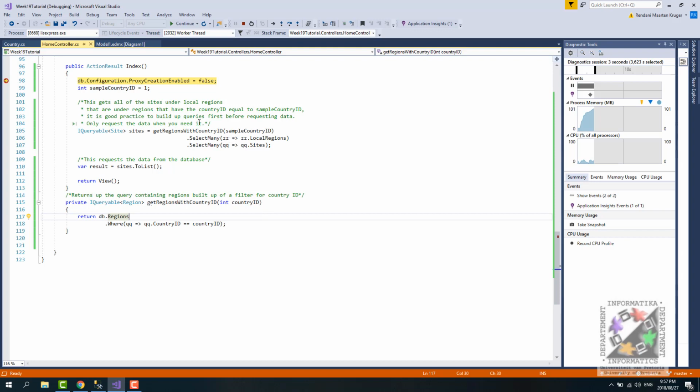So let's say no local regions fall under that region, then you would not have anything populated in that array, meaning the sites array would also be empty, and that will be simply nothing. If we run it, we'll see that the result gives us all of the sites in South Africa,